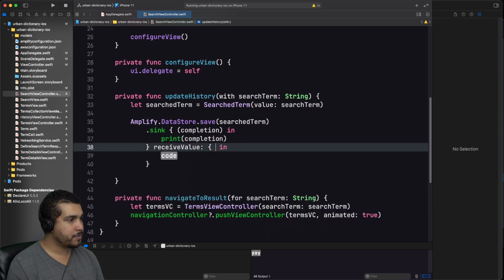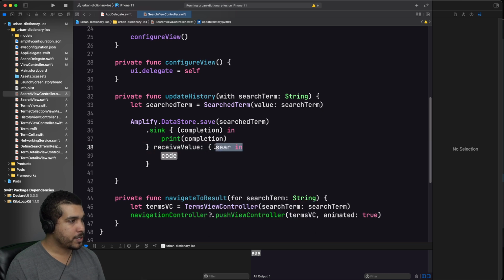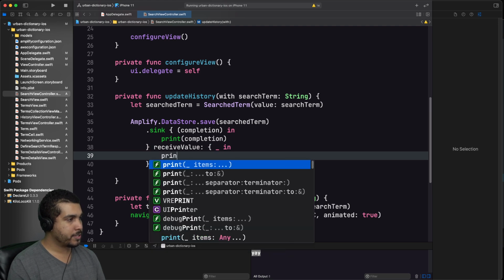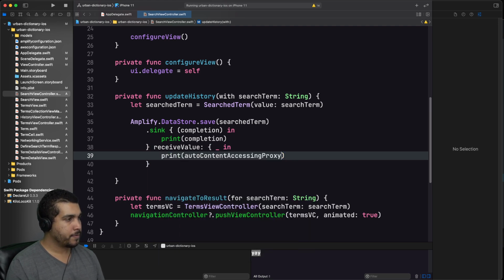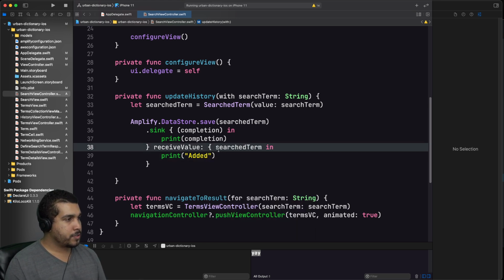But when we receive the searched term, actually we don't even need to do anything like this. And we'll just say print added, actually search term